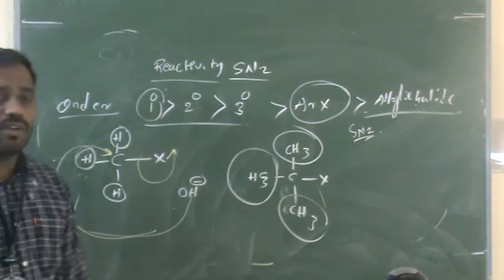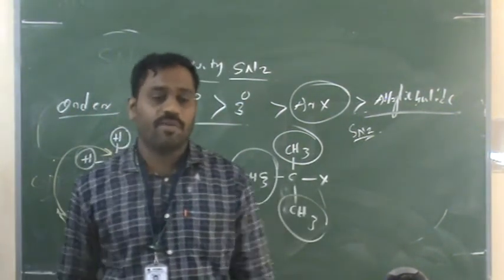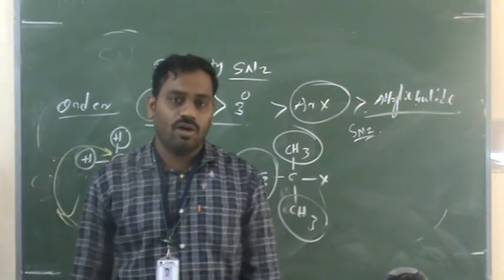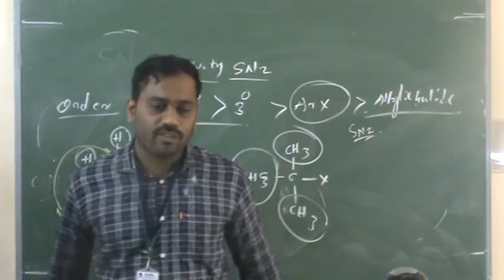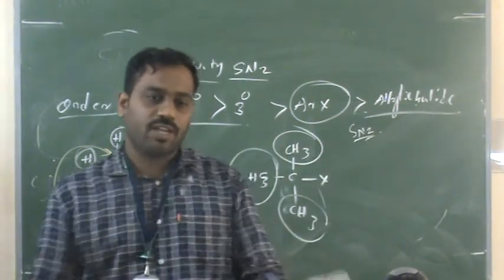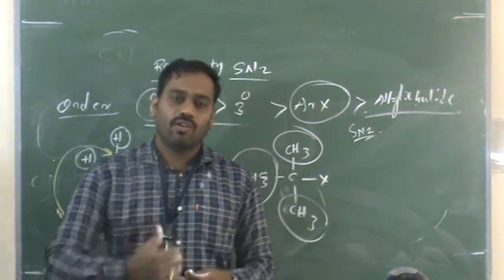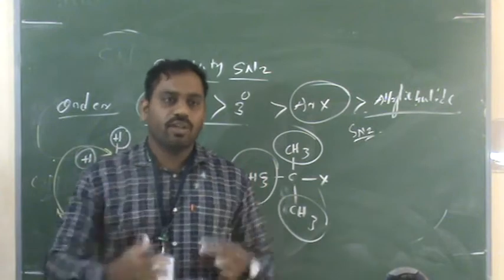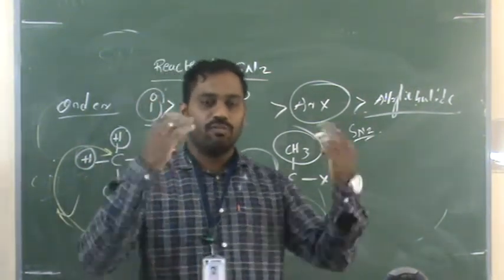What is steric hindrance? You are entering a room, and the opposite person is also coming. Then automatically there is a steric hindrance at the entrance of the room. Suppose only one person is going, then you can easily move inside the room, because there is no steric hindrance. Suppose two persons are coming at the entrance and you are going the opposite way. Already two persons are there at the entrance, and you are also moving in that same entrance. Then there is a steric hindrance. You can't go inside the room very easily.